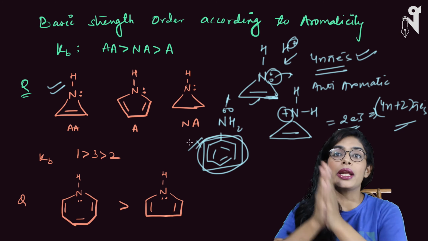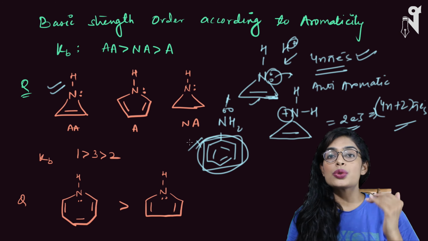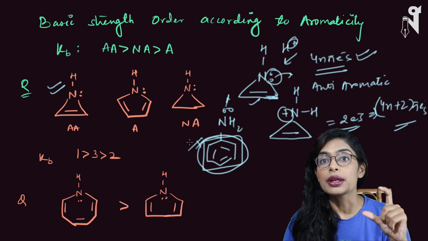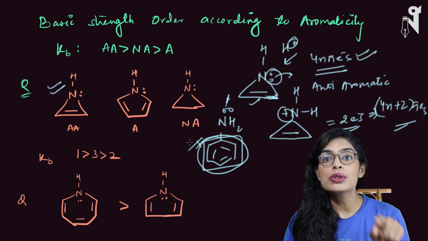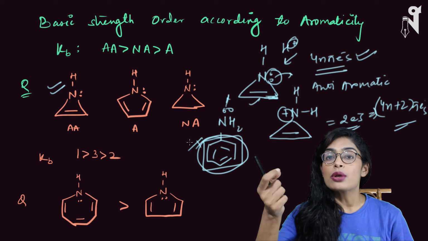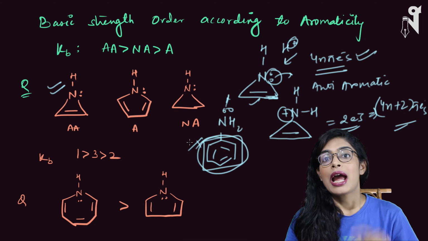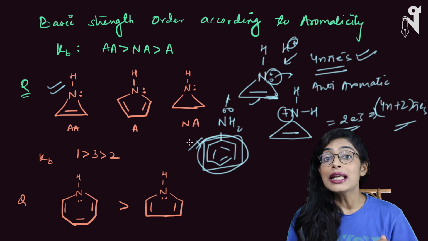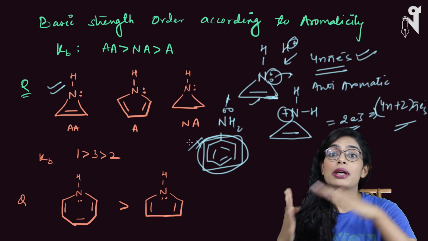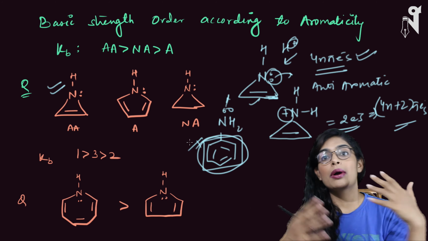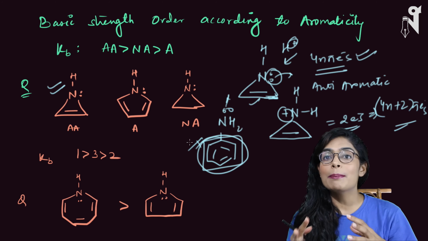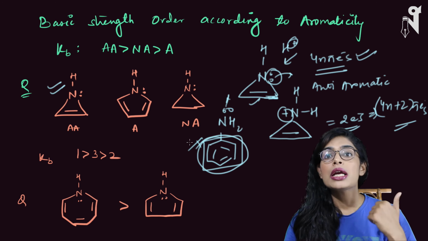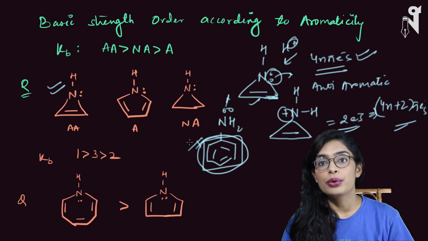So in this case, when NH2 is there, NH2 becomes NH3 plus. Here the benzene's aromaticity is still maintained, right? So we do not use this concept over here. But if the nitrogen is part of the cyclic chain and its pair of electrons is involved in the basic reaction, then an aromatic compound becomes something else and an anti-aromatic compound becomes aromatic. So basically an aromatic compound loses its aromaticity and becomes an unstable species. It can be non-aromatic, it can be anti-aromatic. I hope you have got it.